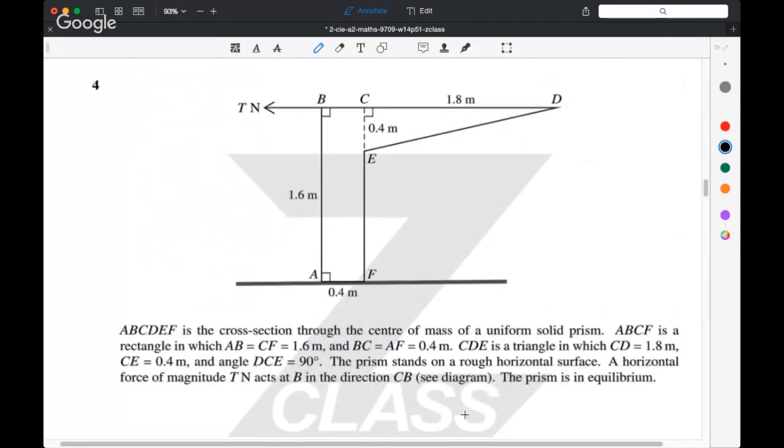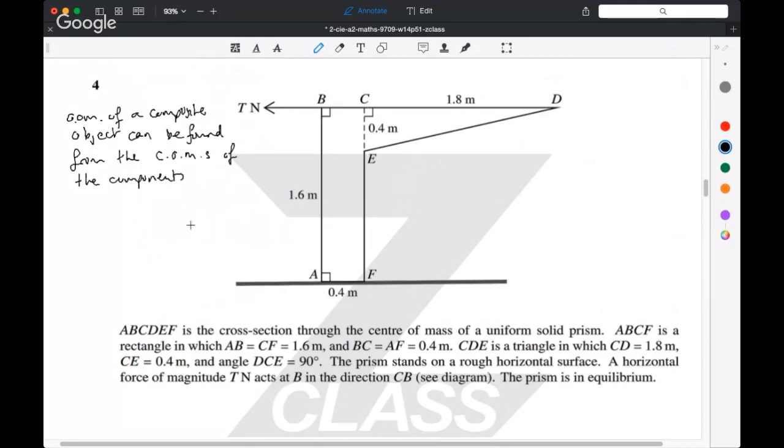This one is about centers of mass, and they're basically relying on that you should know that the center of mass of a composite object like this one, even if it's a single object, you can break it up into composite pieces. The center of mass of a composite object can be found from the centers of mass of the components. And the formula for this is